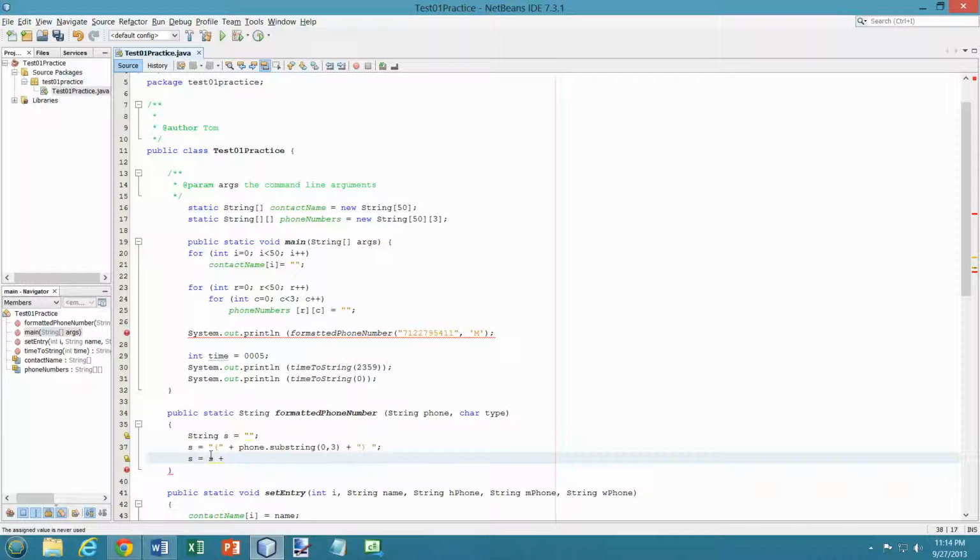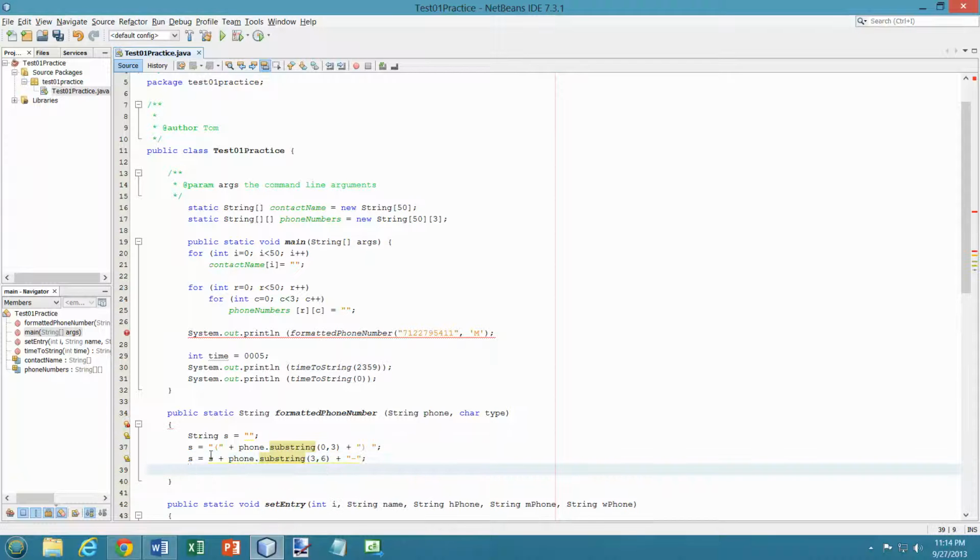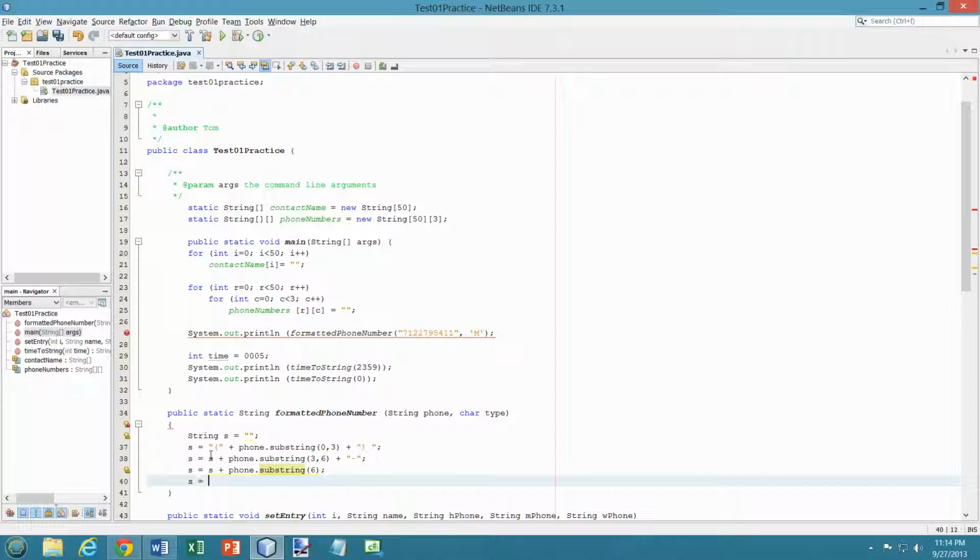the next 3, which would be a substring of phone, starting in column 3 and 3, 4, 5, 6. No, 3, 4, and 5, just 3 digits this time. 3, 4, and 5, so I'm going to end in 6. And then I want a hyphen on the end of that. And then the last thing I want is, I'm sorry, next to last thing. And this time I want to start in column 6 and go to the end of the string, which means I don't need another argument here. And then the last thing is going to be